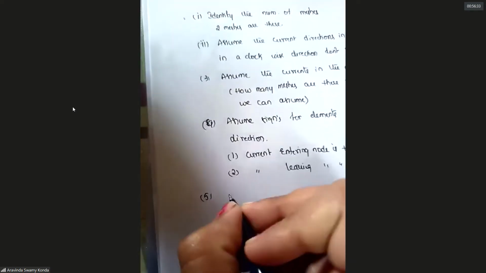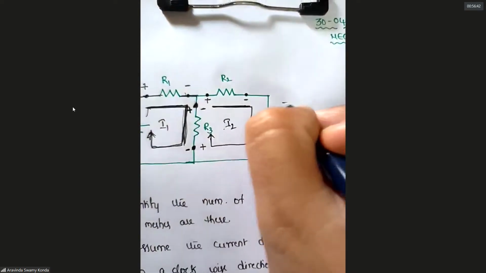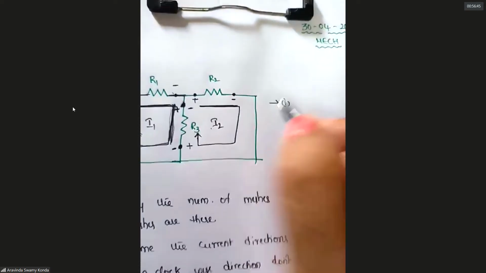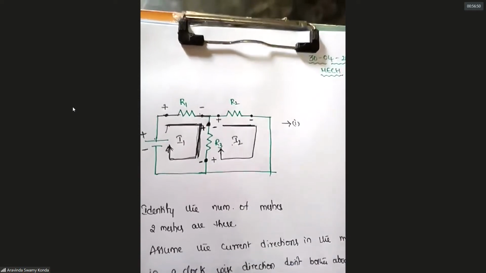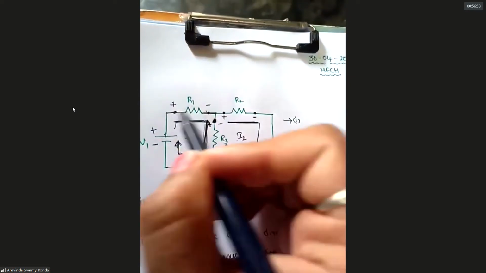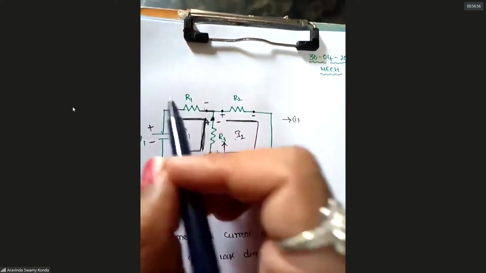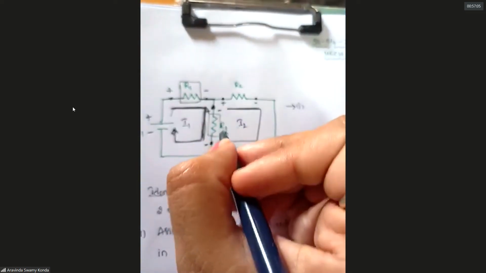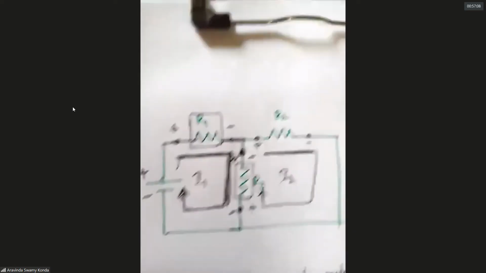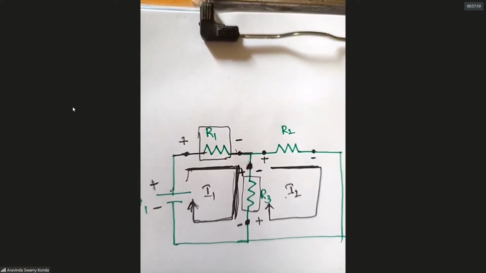Next, what do you want to do? You want to apply KVL. So I'm writing the equations here, the first mesh equation and the second mesh equation. What is the first mesh equation? First identify how many elements and sources are there, that voltages we want to take. So this is R1. It is not a voltage source, sir. It is the load. So what is the source? What is the purpose of sending the voltage? The elements drop and use that voltage. That is the reason.